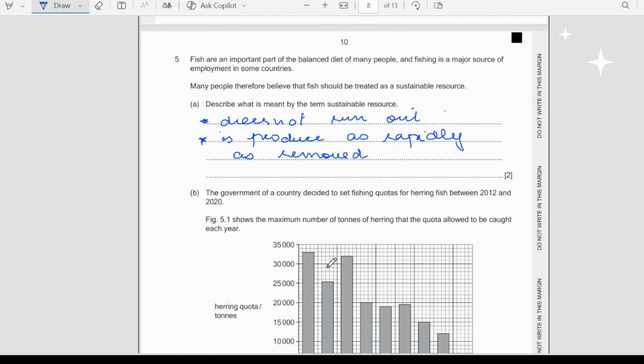There would be seasons for fishing. Okay, this is one. Wait, that is designed to protect the species, but how? What are the methods? Number one is seasons. Number two,